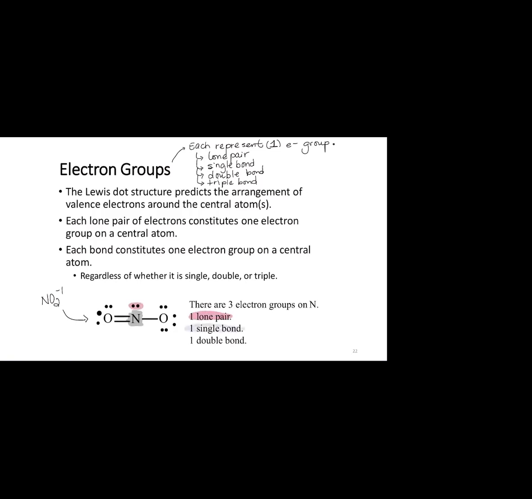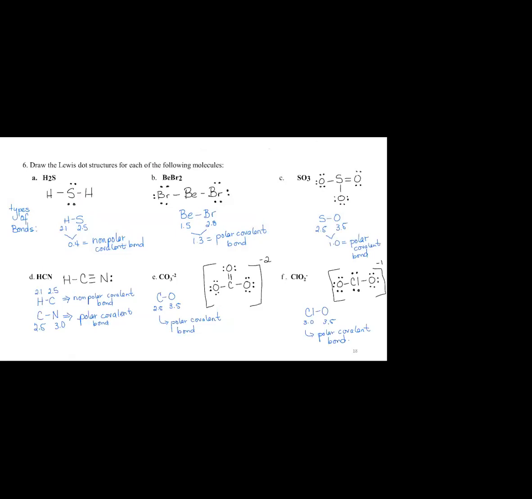There's one single bond. There's one double bond. So there are 1, 2, 3 electron groups around nitrogen. Taking that into consideration,